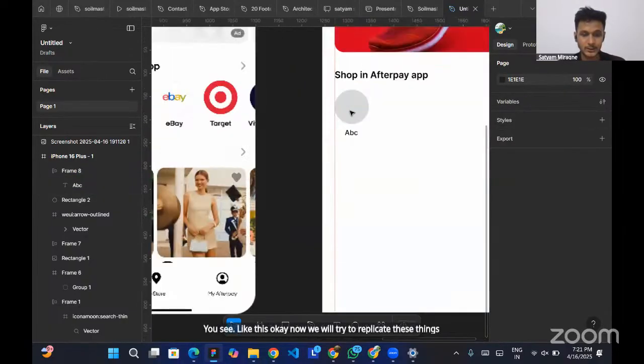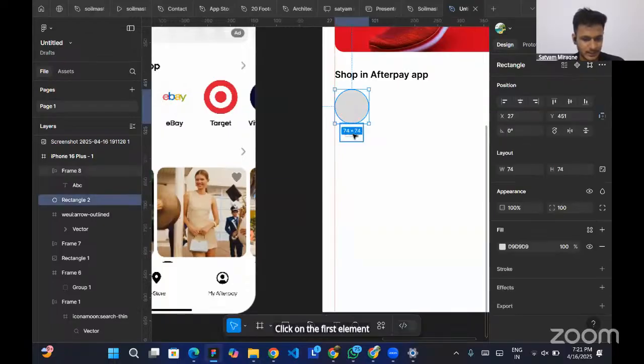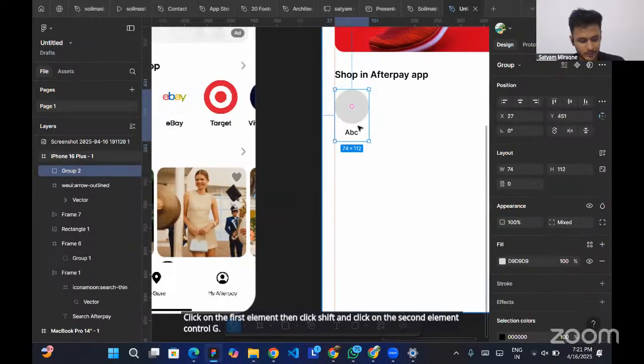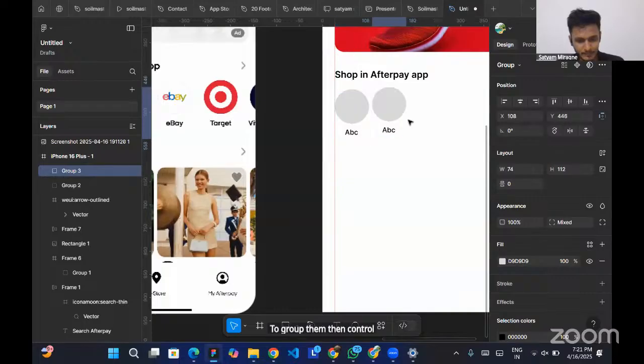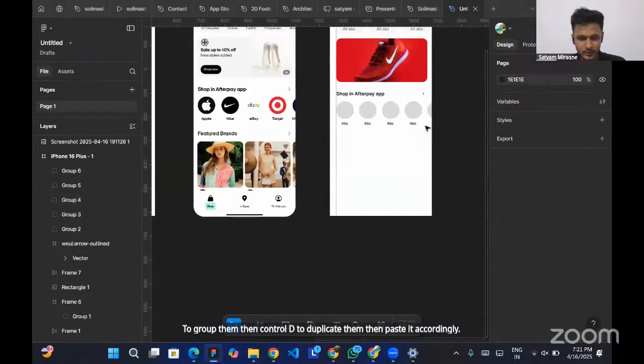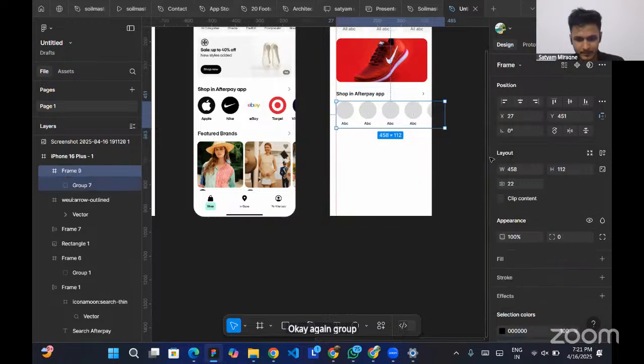Now if you want to select two things at a time, click on the first element, then click shift and click on the second element. तो एक साथ दो चीजें क्लिक हो गई, Control G to group them, then Control D to duplicate them, then paste it accordingly. Okay, again group them, make them as a frame,